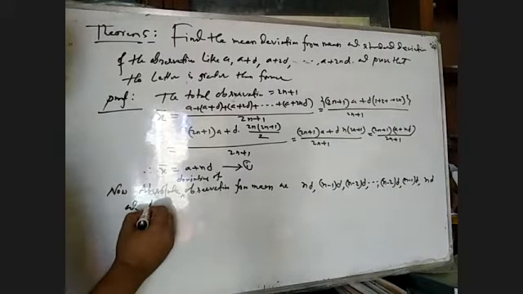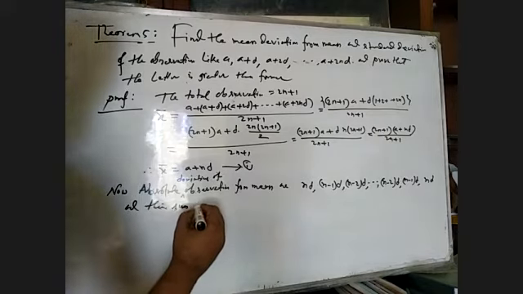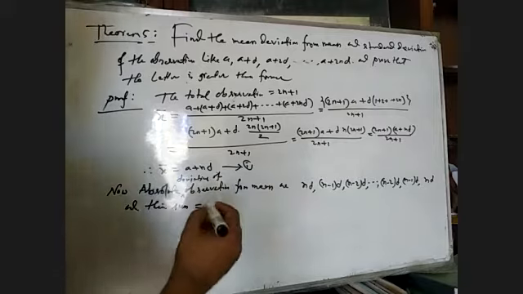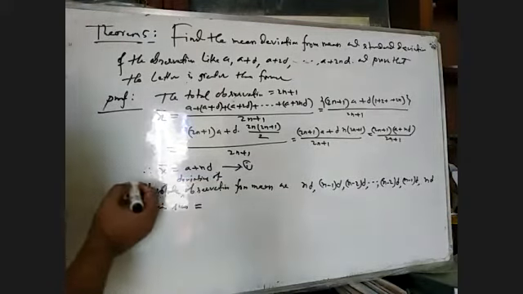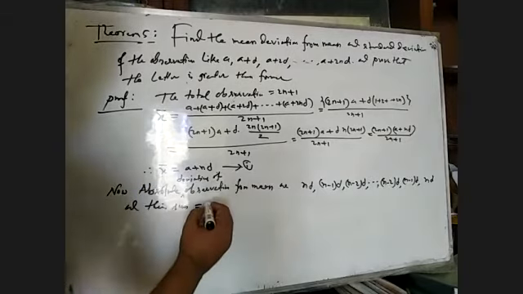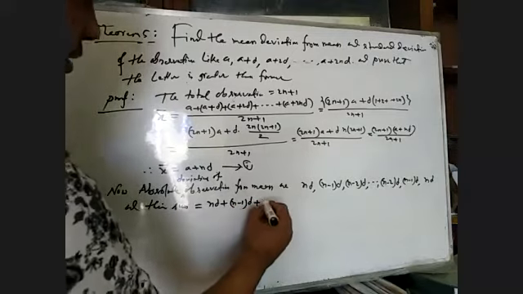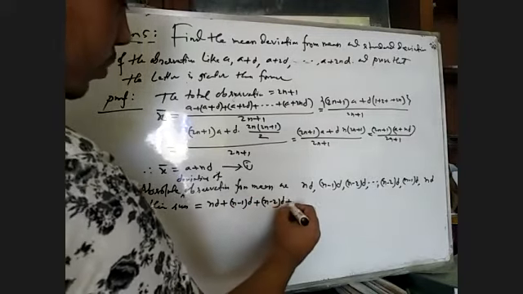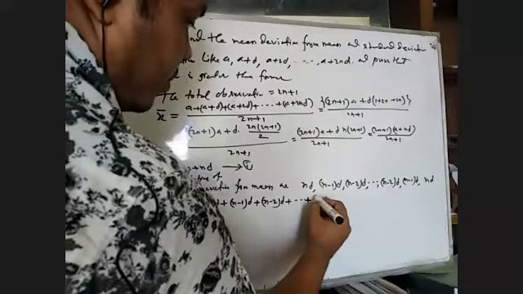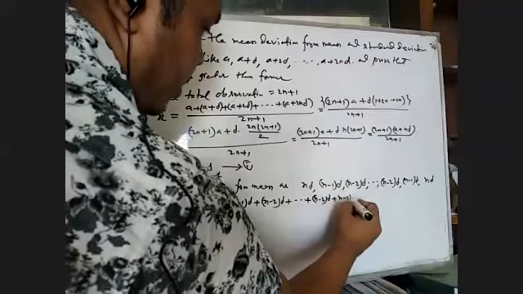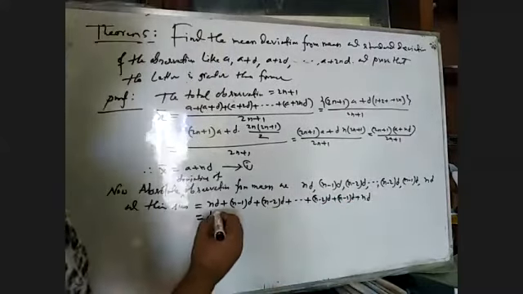And their sum can be written as nd plus n minus 1 into d plus n minus 2 into d plus dot dot plus, what will be, again n minus 2 into d plus n minus 1 into d plus nd. d common,